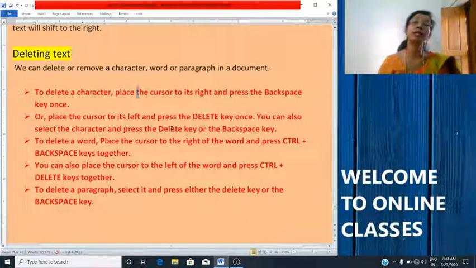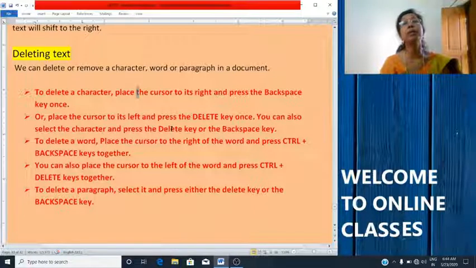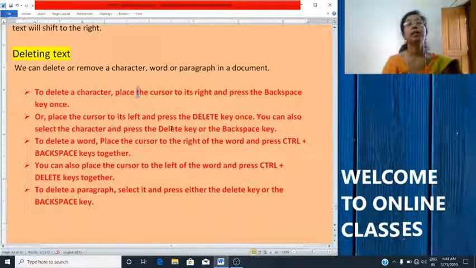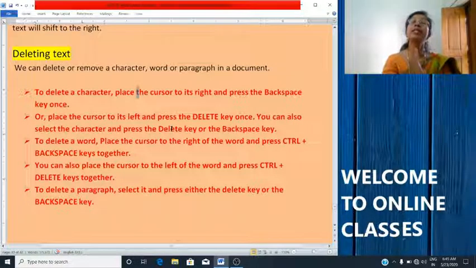Otherwise, you can delete it one character at a time. Alternatively, place the cursor to the left of the word and press Ctrl plus delete together. If you are using the delete key, always place the cursor on the left side, because the delete key deletes text to the right of the cursor.